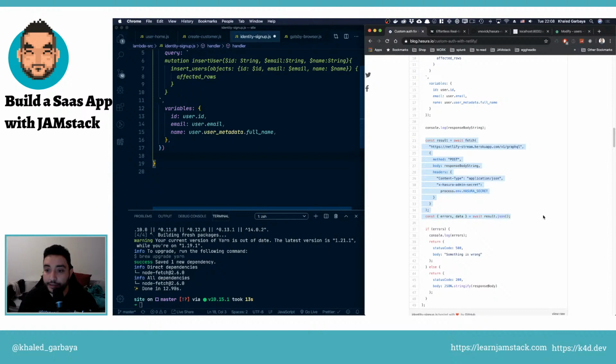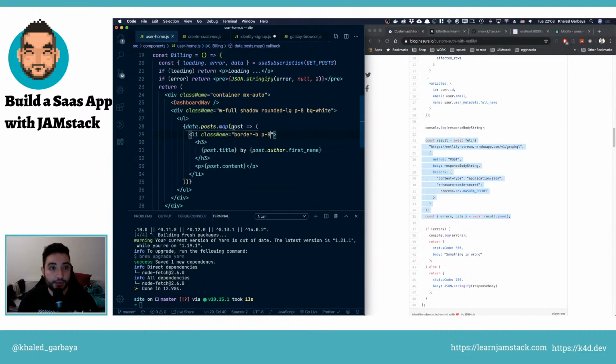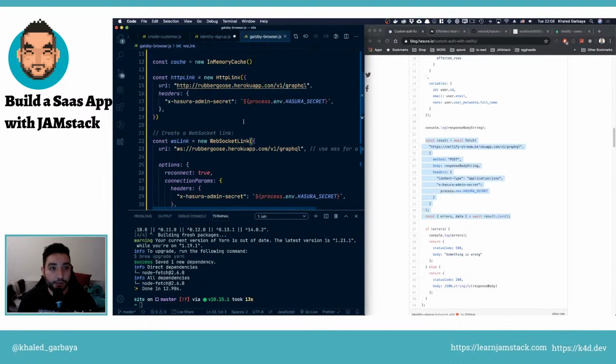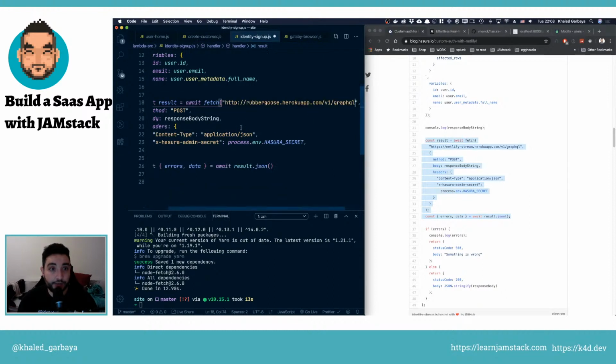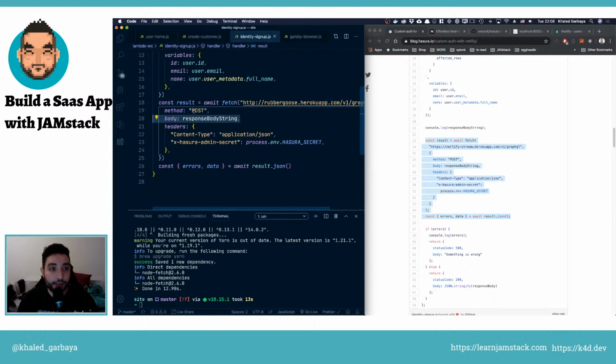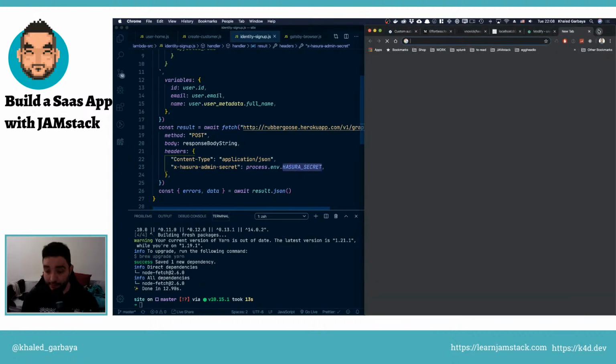In here, for the endpoint, this will change because we need our endpoint right here, and replace this one right here. Okay, we send the post request with that body, with these headers, and I have this Hasura secret already, I think. Yeah. I need to add that to my Netlify variables, so I need to go to